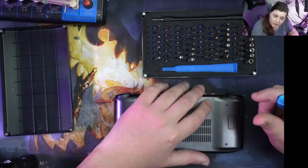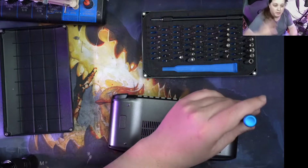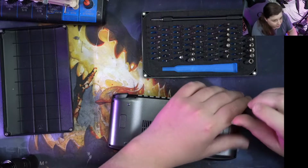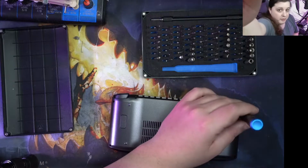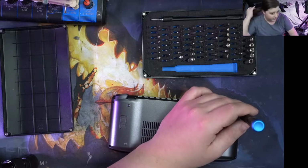Come on, stop freaking out when I do stuff, camera. Okay, you know what? You're stuck right there. Just raise it a bit, and we're good. Okay, so